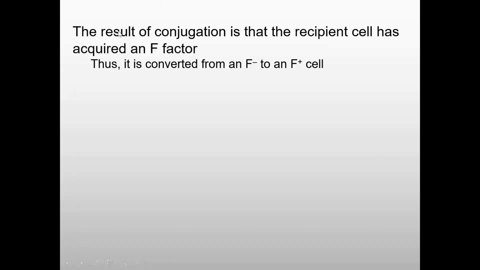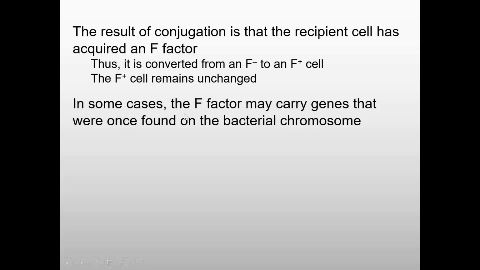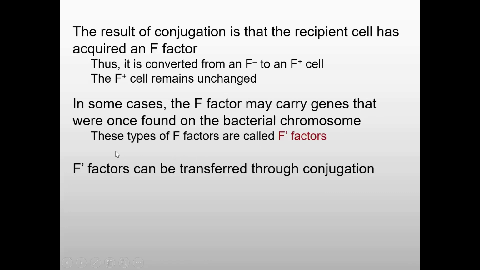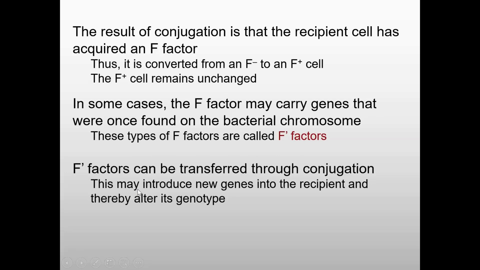The result of conjugation is that the recipient cell acquires the F factor. Thus the cell is converted from an F minus cell to an F plus cell. The F plus cell remains unchanged. In some cases, the F factor may carry genes that were once found on the bacterial chromosome. These types of F factors are called F prime factors, which we initially discussed. So diagrammatically, we